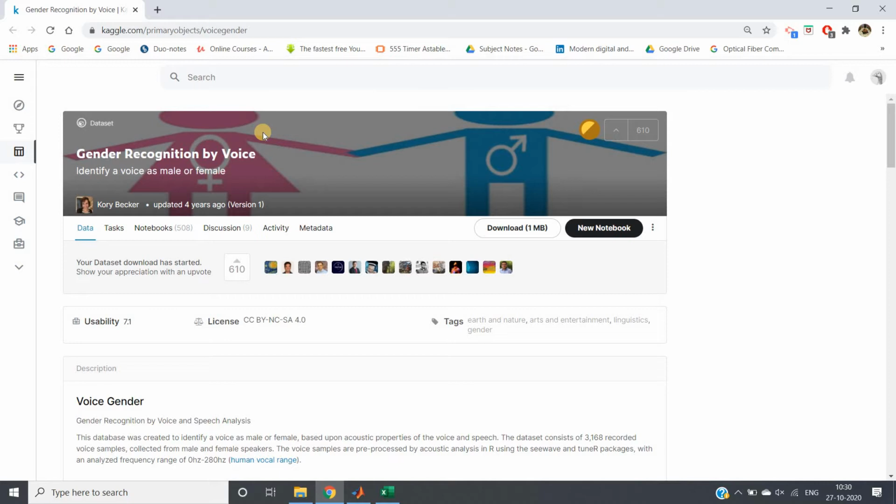To demonstrate this particular concept, I am using one data set which is taken from Kaggle, gender recognition by voice. Okay, obviously one very interesting project related to digital signal processing point of view. You can basically apply this project real time, that is take any audio or record any audio, and then apply your machine learning model to classify whether that is male or female.